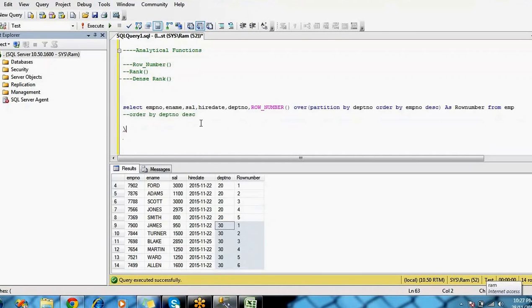So what about the rank function? If I want to give ranks based on the salaries, who has the top salary?